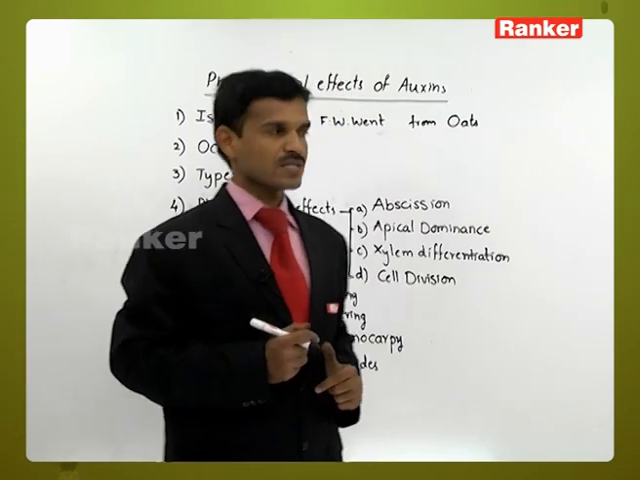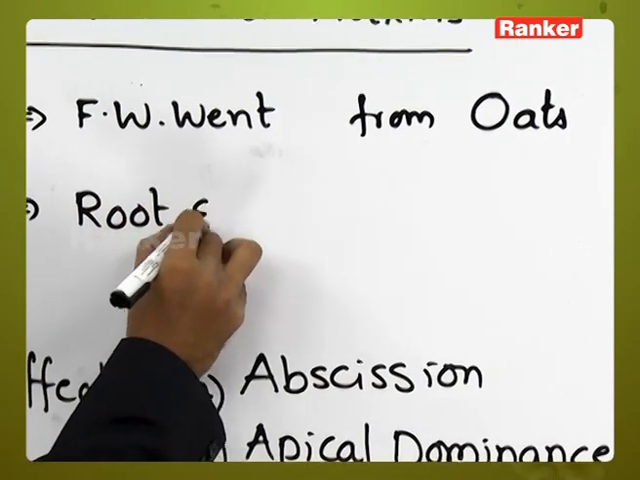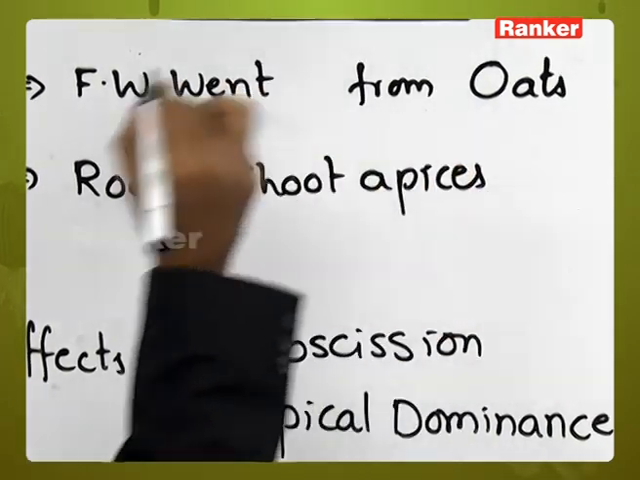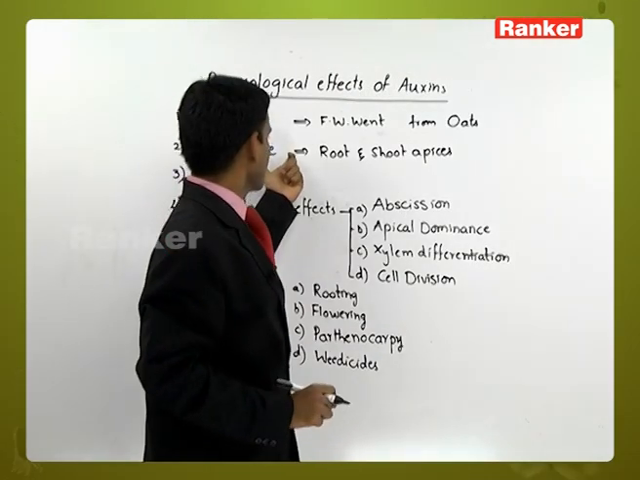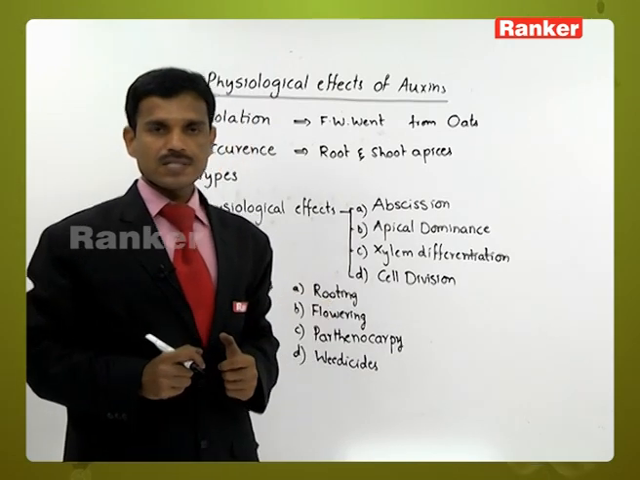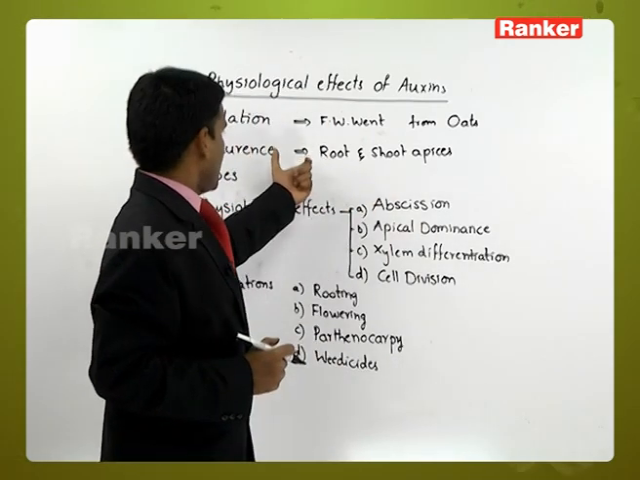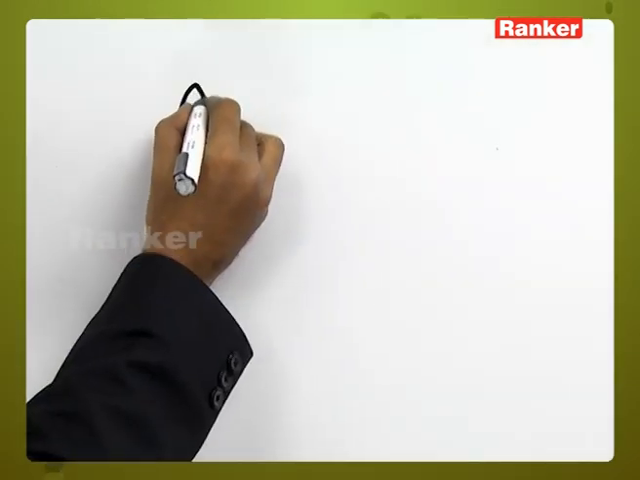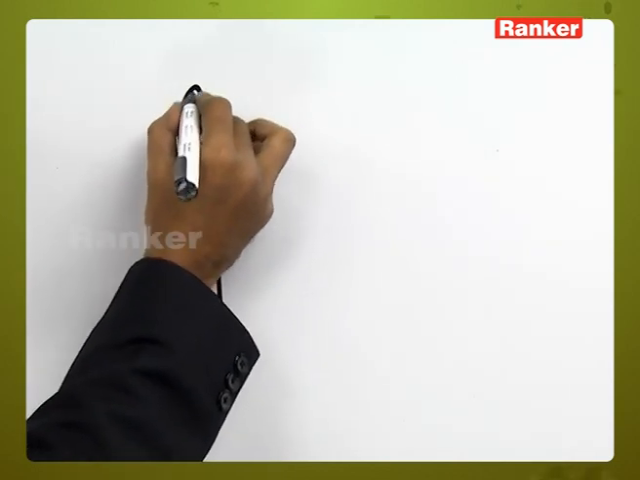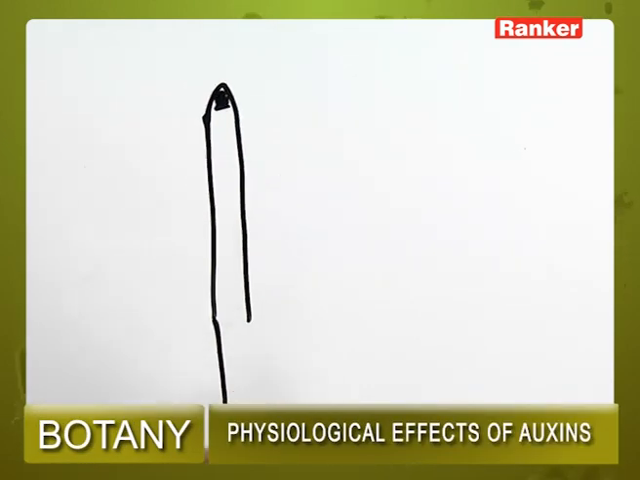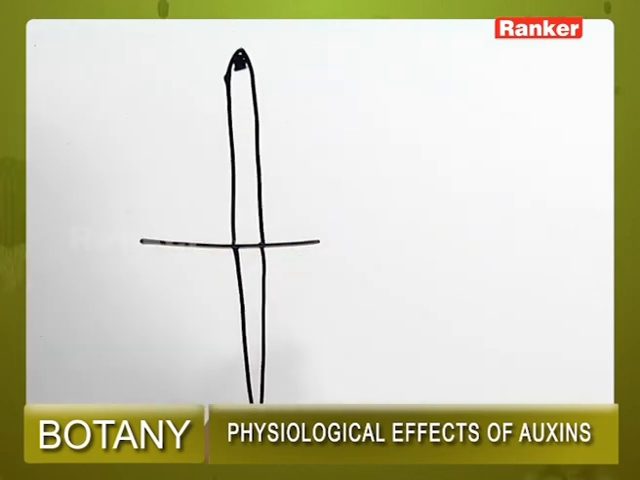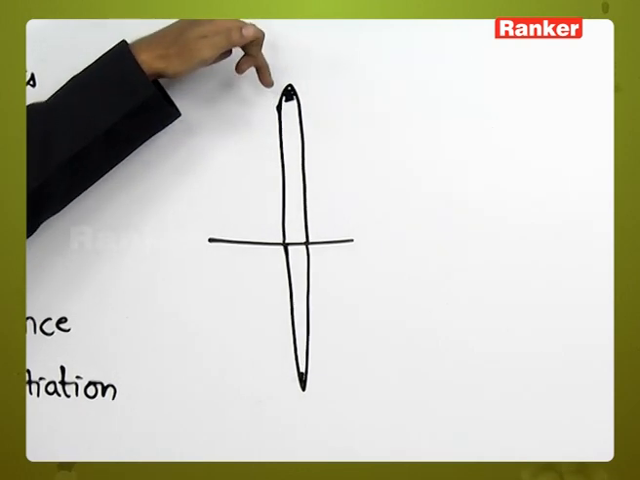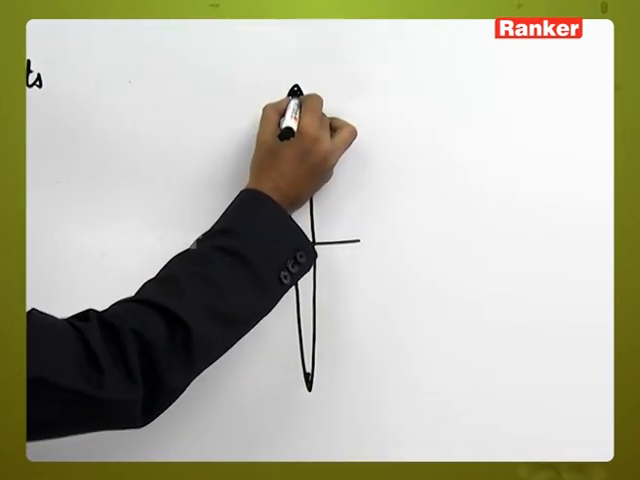the shoot apex and root apex. So in the apical portion of the root and shoot system, the auxins are synthesized. Auxins are synthesized and then transported. In the root apical and shoot apical meristem, the root apices also synthesize auxins, and from the synthesis site